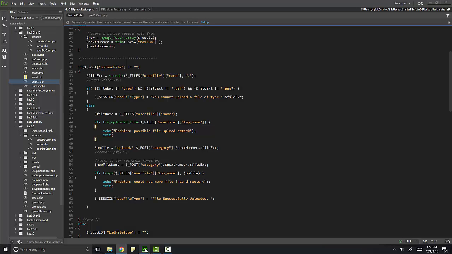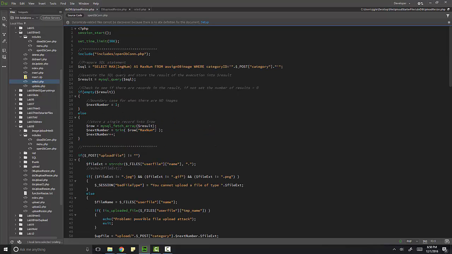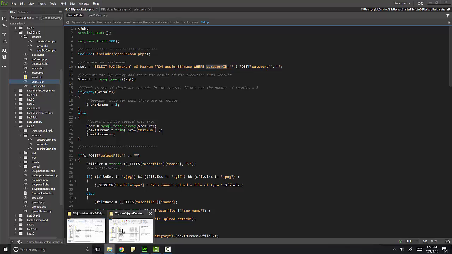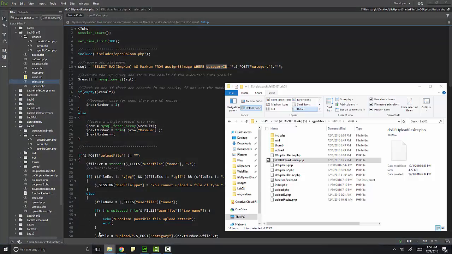And if we come back here, where we did that select max, we have a where clause where category ID equals the category that was chosen from that drop-down list. Now if you want to display those again, your folder structure is already defined for it. You've defined it. You've got an upload folder, a thumb folder, and a mid folder. So if you want to display the thumbnails,